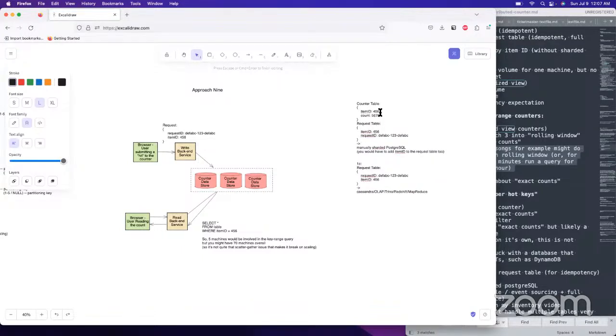And oh, you also need a shard ID though. So you would use the request ID for determining the shard ID. That's how it would figure out which one it's in.